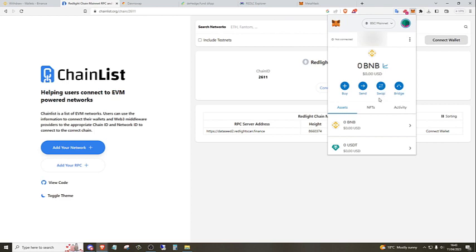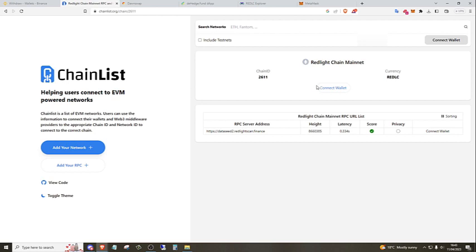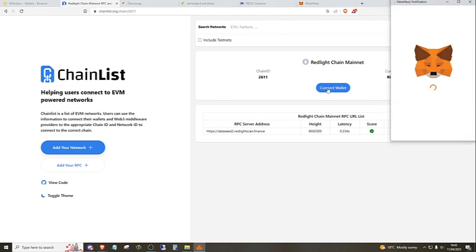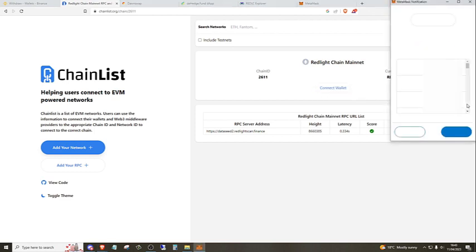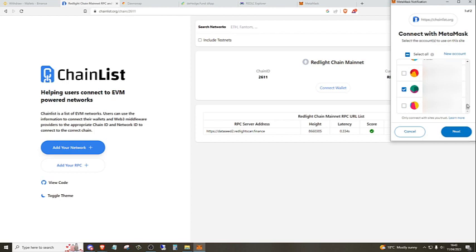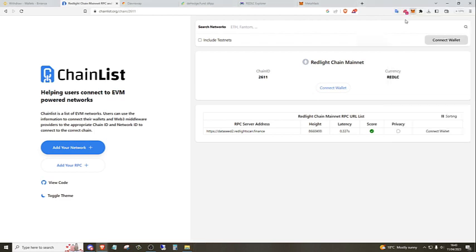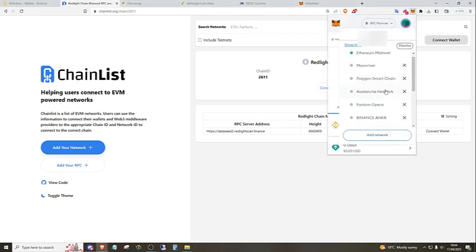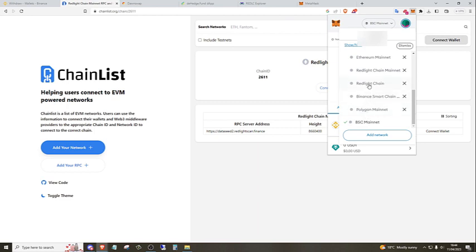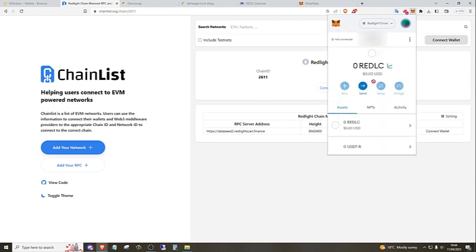Now once you have your BNB and your USDT in your Binance Smart Chain wallet, then you have to import the redlight chain on your wallet. So to do that, you can go on this link. I will link it in the description. So all you have to do is just connect wallet like the other one, select your account and connect, and again I will not do this. So after that, you should be able to see your redlight chain here in your Metamask, and once you have that, you click on it,